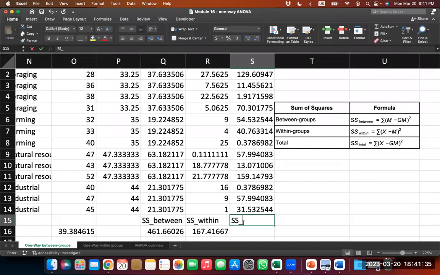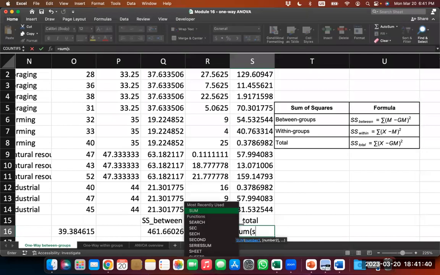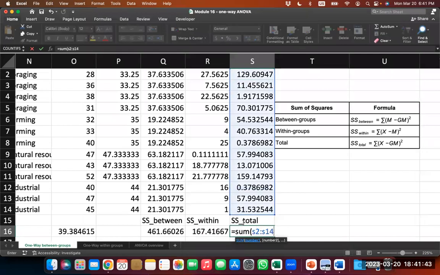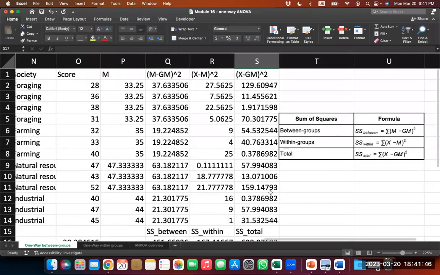That's the sum of squares total. Which again makes sense, right? When you think about it logically, you have the sum of squares between the groups, which is the variation of each group mean to the grand mean. Then we have the individual x minus the group mean, which gives you the within-group variability. Squared, that gives you the sum of squares within the groups. And then you have x minus the grand mean, which is the total of all